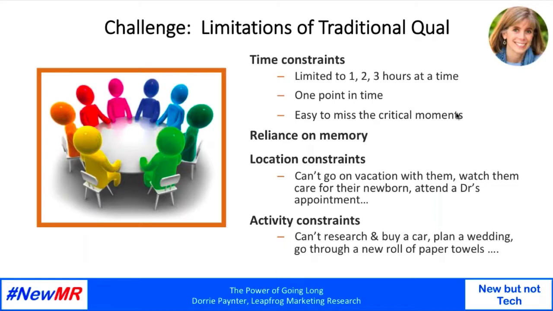approach. So, as Sue mentioned in the earlier one, qualitative research we all know and love, and obviously there are a lot of benefits to qualitative research, but given the time constraints, I'm going to just focus on a couple limitations of traditional qualitative. Usually we think of a 1 hour one-on-one or a 2-hour focus group or maybe a 3-hour ethnography, and they tend to be one point in time. So you meet with them and then you're gone. Because of this structure, it's also easy to miss critical moments in whatever it is that you're